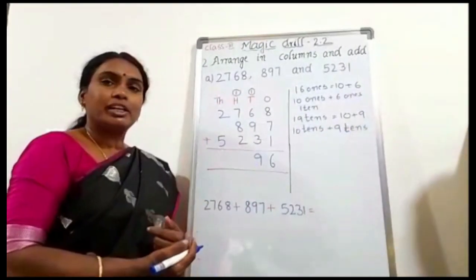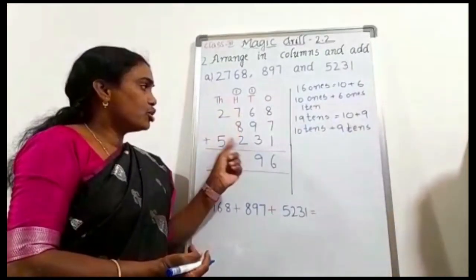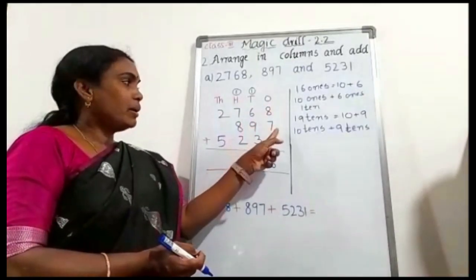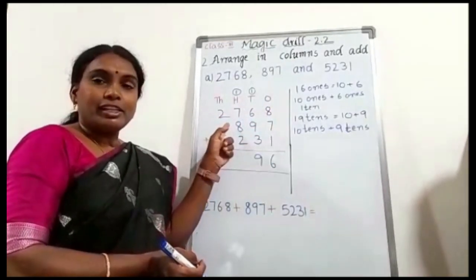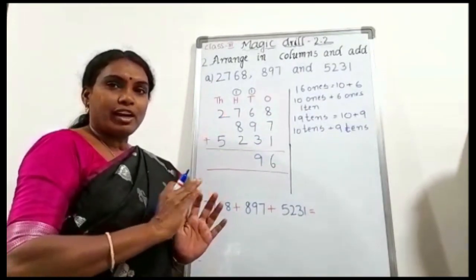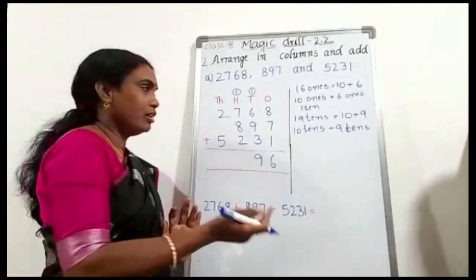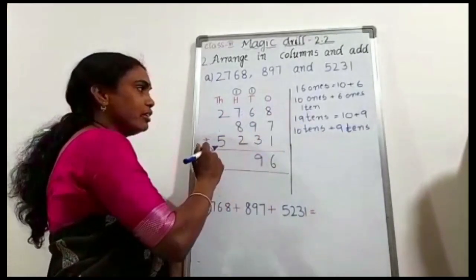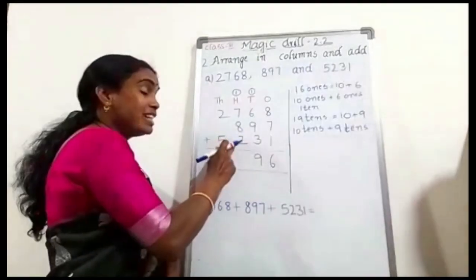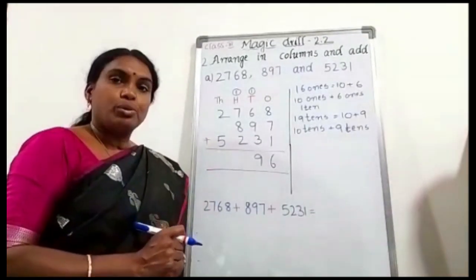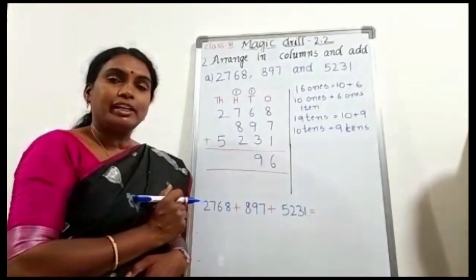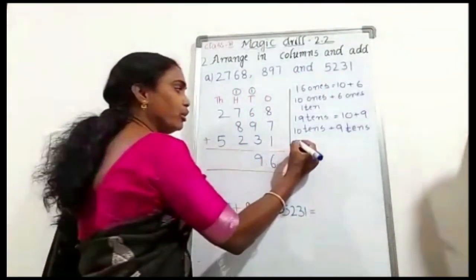Then go to the hundreds column. In the hundreds column there are 7, 8, 2. 700 plus 800. Just now I added 8 plus 7 in the ones column. Here it is 7 plus 8. Yes, children. When adding two numbers, if we just change the order, the sum remains the same, no? Same. 8 plus 7 we got 15. So here also we get 7 plus 8 is 15. 15 plus 2: 16, 17. 17, and 1 hundred is added here. 18. 1800. Do we write 1800 here directly? No.